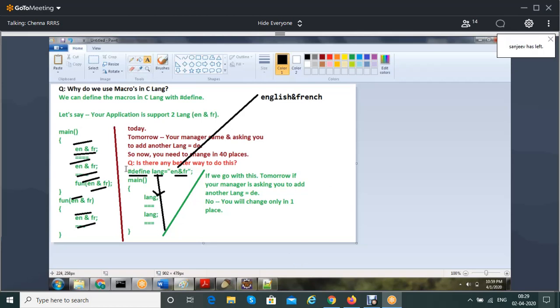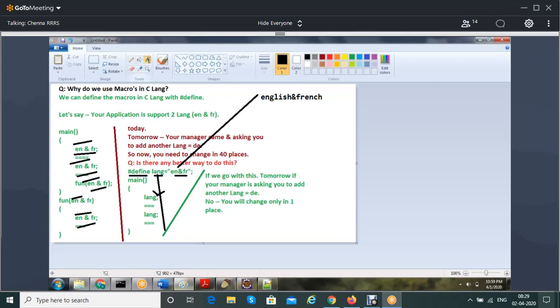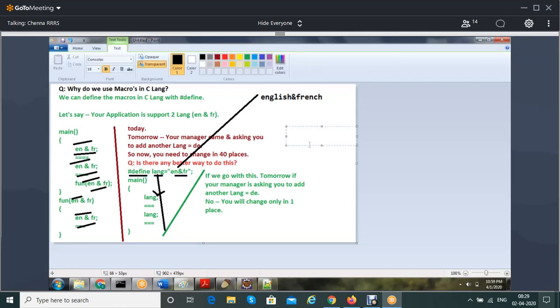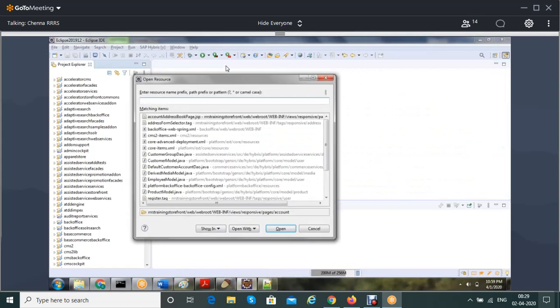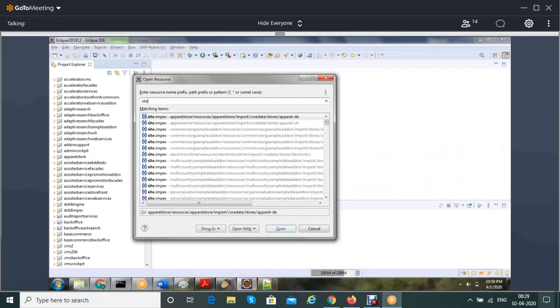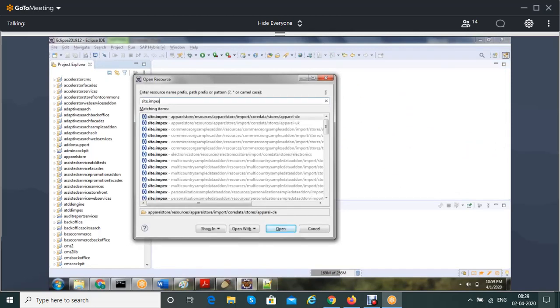In the C language, to write the macros, we use the hash symbol. In Hybris, to write the macros, we use the dollar symbol. Let's see a small example.